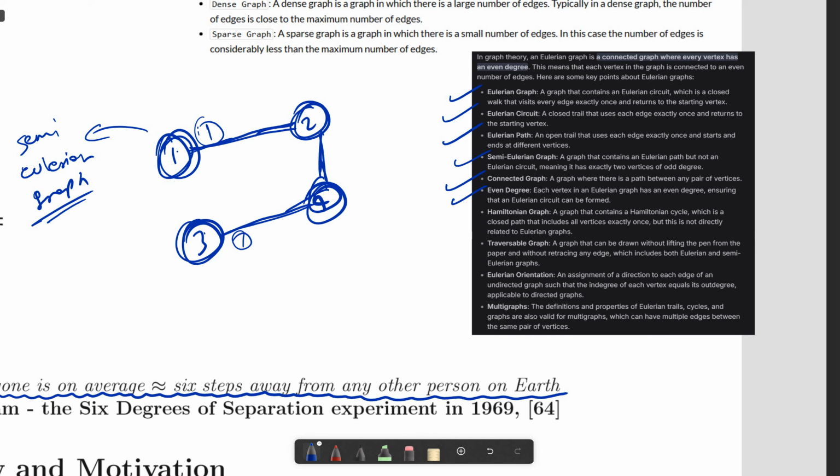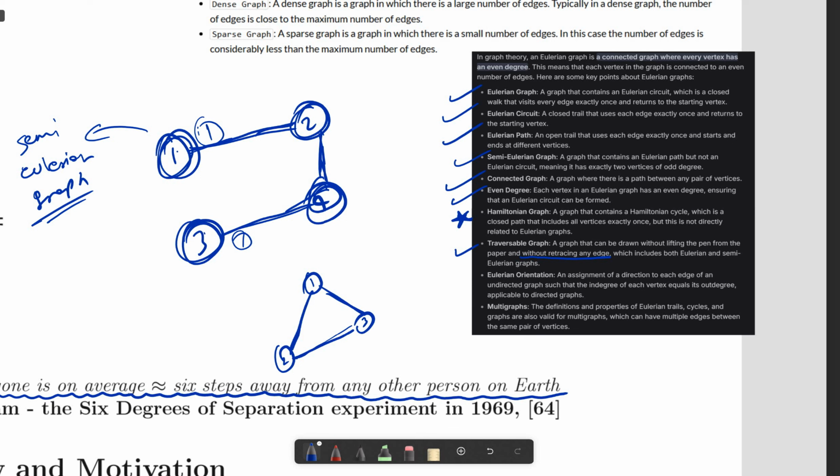Okay, so I saw that we can create this path like this without lifting the pen, and similarly we can create this without lifting a pen. So a traversable graph is one where we go to every vertex without retracing any edge. So now what is Eulerian orientation? Hamiltonian I leave for now. Okay,